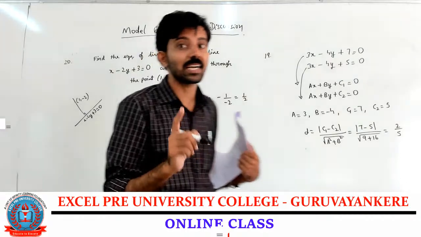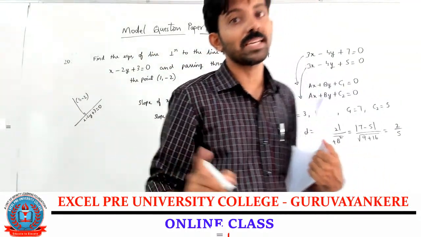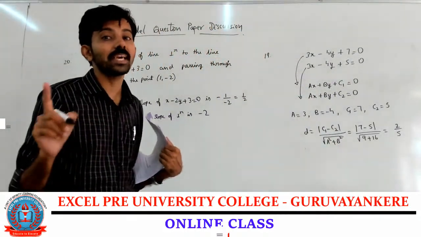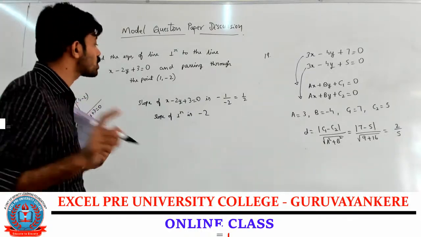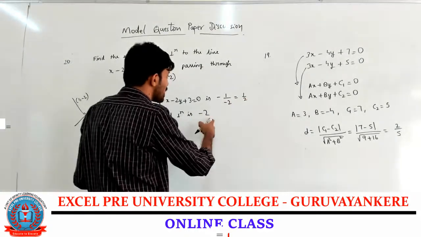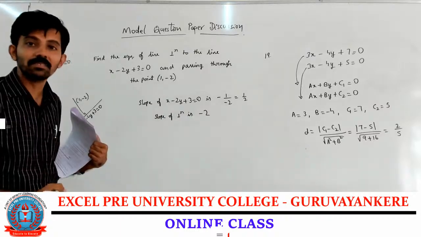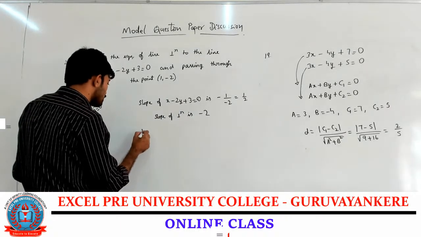Perpendicular lines should satisfy the condition m1 m2 equal to minus 1, right? Product of slopes equal to minus 1. Multiply these two, they get minus 1. Slope of the perpendicular is minus 2. Equation of the perpendicular is